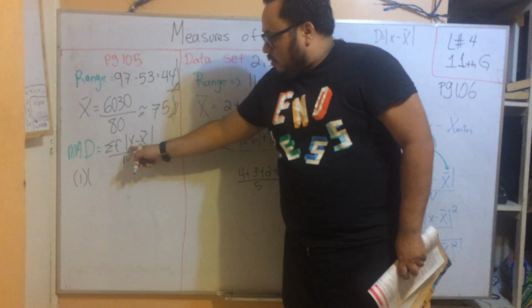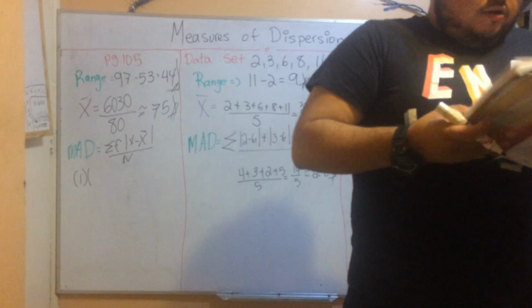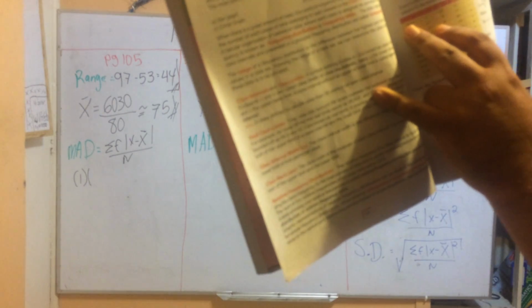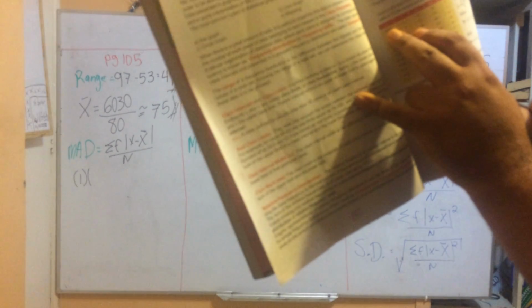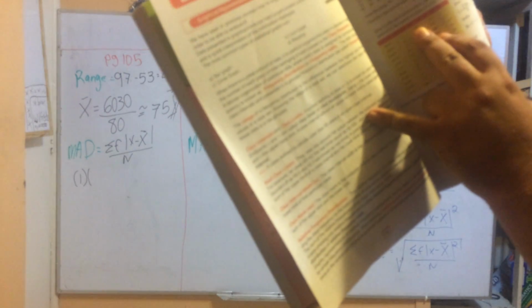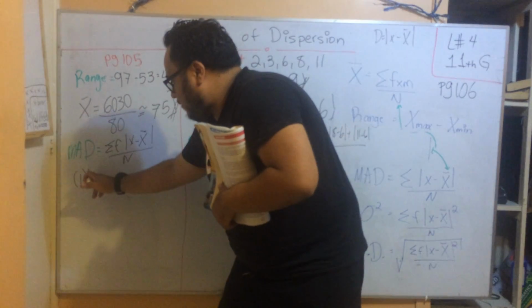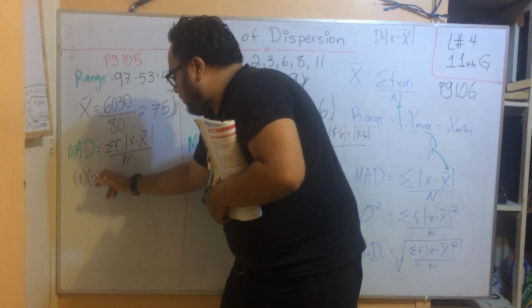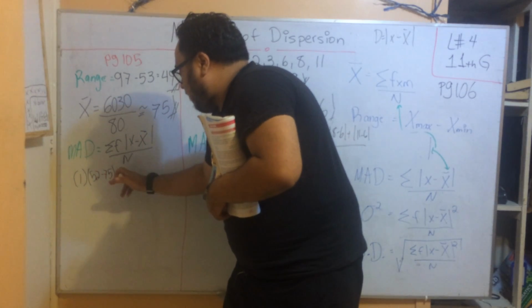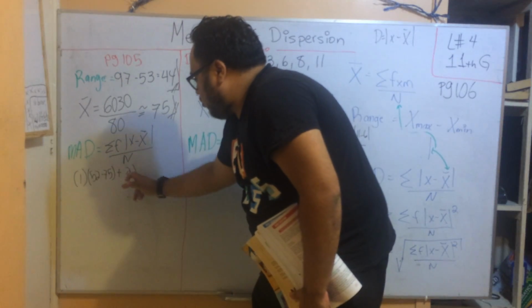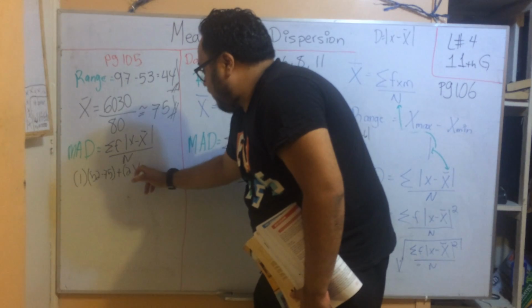What we need here is called xm. xm is the middle of the class. If the first class is from 50 to 54, what is the middle? The class mark is 52. So we have 1 times 52 minus 75, then plus, what is the next frequency? 2. So we multiply 2 times